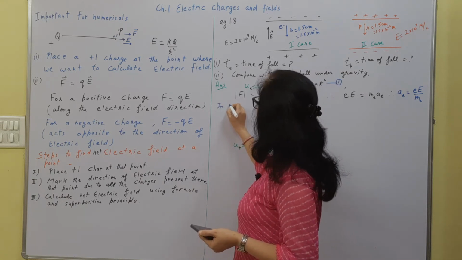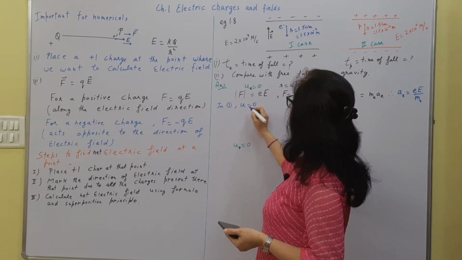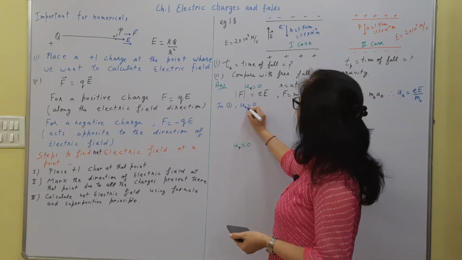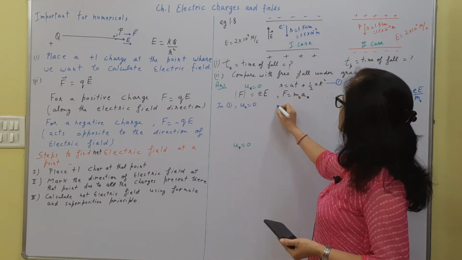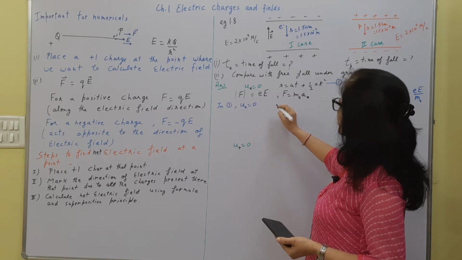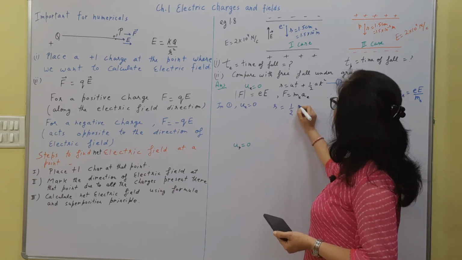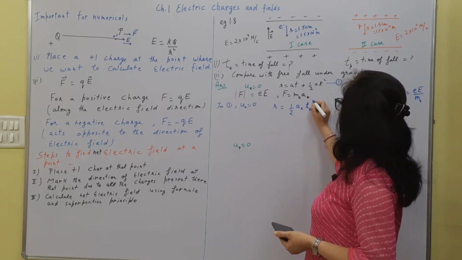In equation 1, u is equal to 0, because initial velocity of electron is taken as 0. So s is given, we will put this value later on. So s is equal to half a_e time of fall of electron whole square,